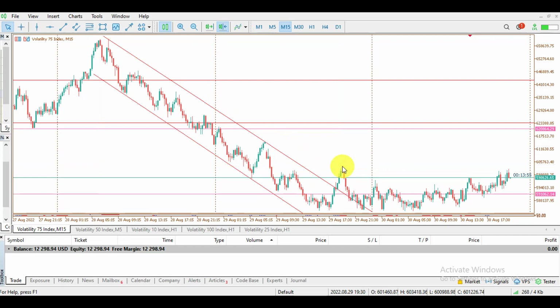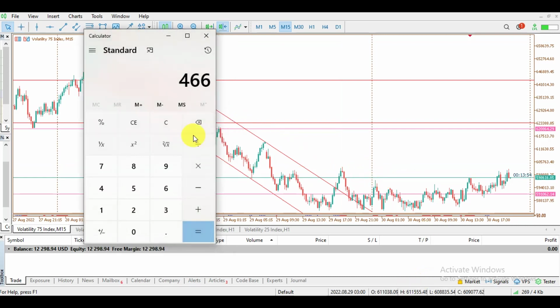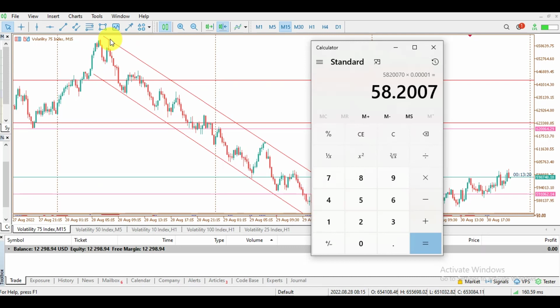Okay, so just come to your calculator, 5,820,070 multiplied by 0.00001, okay, equals, that is 58.2 USD. So this is the profit you would have earned if you open this trade from this point,